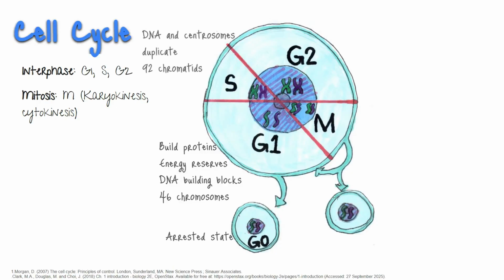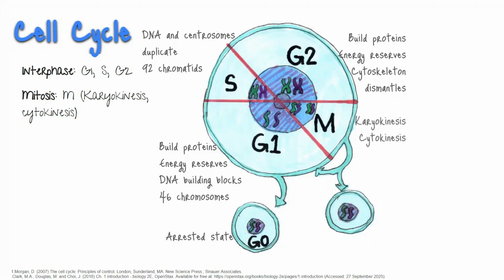S is where DNA duplication happens and two sister chromatids appear. It's also where usually centrosomes duplicate. Centrosomes are associated with centrioles, which are involved in cell division. G2. In this phase, the cell replenishes its energy stores and synthesizes proteins necessary for chromosome manipulation and movement. It's also where DNA repair events happen. Some cell organelles are duplicated, and the cytoskeleton is dismantled to provide resources for the mitotic phase.